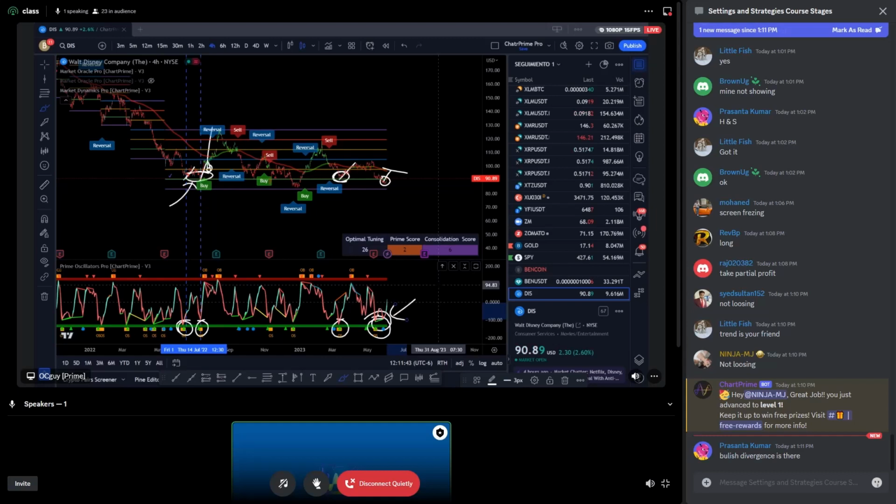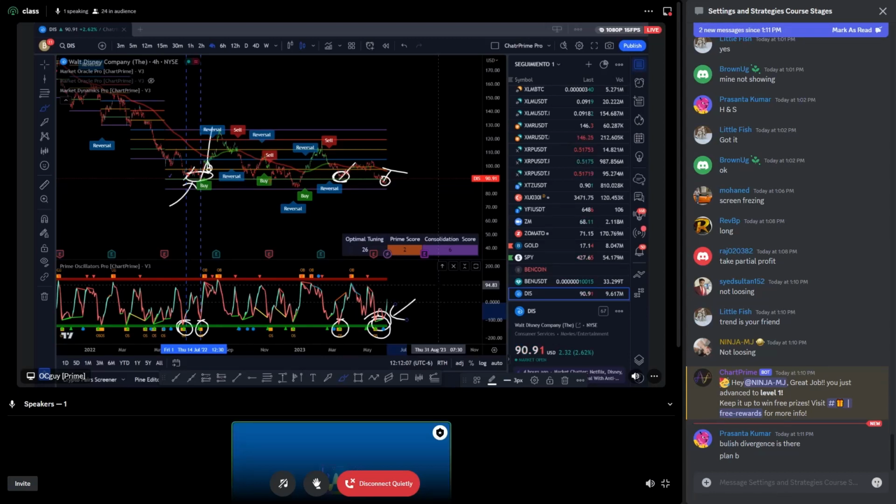Not losing means entering for longs at crazy support, right? Not losing means forecasting your analysis. Not losing means being prepared, which means have plan A, and what else? This is important. Plan A, and what else? Plan B, you nailed it. Yes, plan A and plan B. Therefore, you will be prepared no matter what, right?